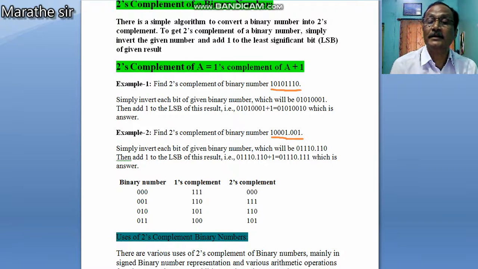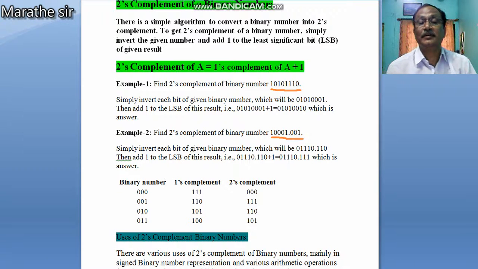Then add 1 to the LSB of this result, that is 01110.110 plus 1, we get 01110.111, which is the 2's complement of the given binary number 10001.001.